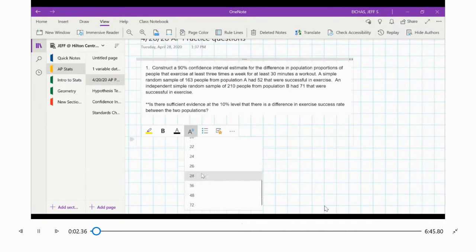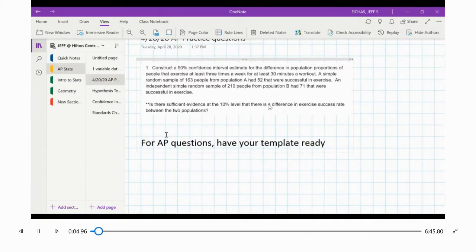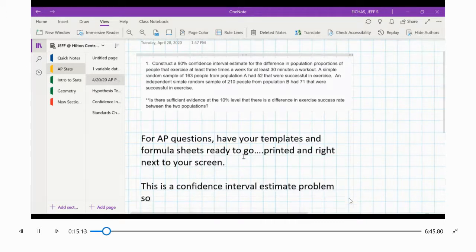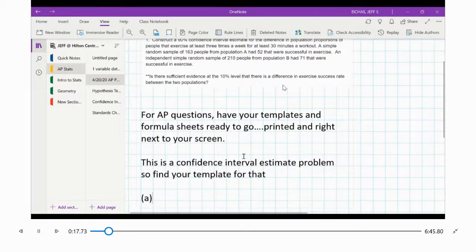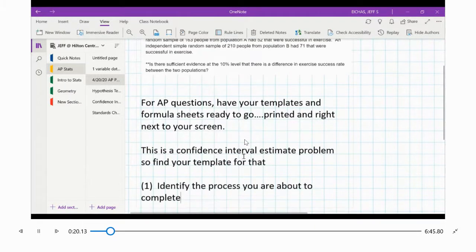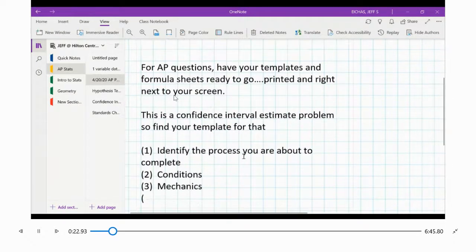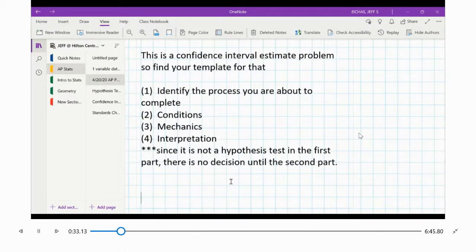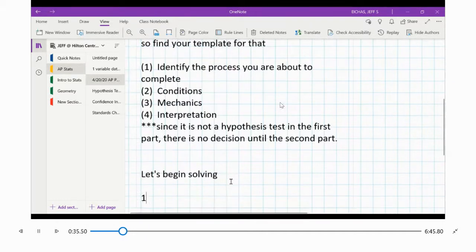Okay, so we'll go through the practice problems from the first AP practice that we did. Let's see, this was from 420. There were two problems on the assignment. The first one's a difference in population proportions. What I'm suggesting is that you have a sample problem of everything ready. Your formula sheet's ready to go, and it'll help you be more efficient as you try to solve those two AP problems. So the process that we're taking you through right now is you're going to talk about,